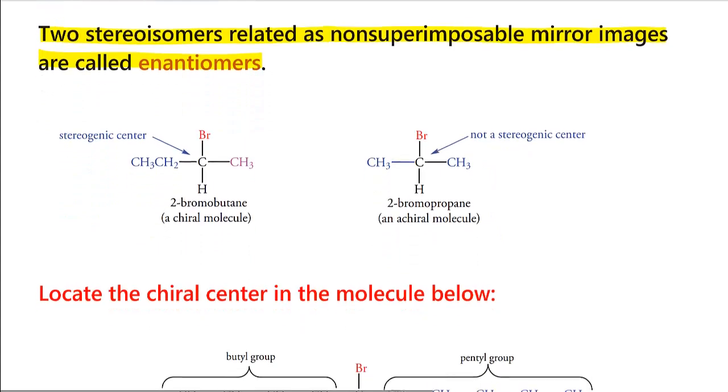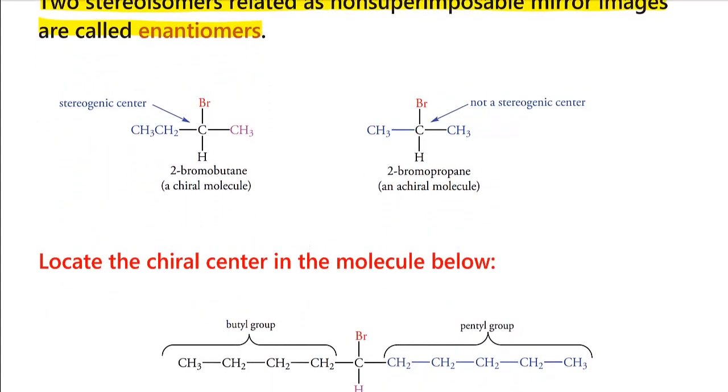So now we have introduced the term enantiomer. Whenever you have a chiral carbon, it will have two stereoisomers. These two stereoisomers will be enantiomers. So when I have a chiral carbon or a stereogenic center, I will have enantiomers. For example, in this molecule, this carbon is a chiral carbon because we have four different groups. Hydrogen, bromine is different, the CH3 group is different, and here I have a CH2CH3 group. So this is 2-bromobutane. This molecule has a chiral carbon and this is a chiral molecule.